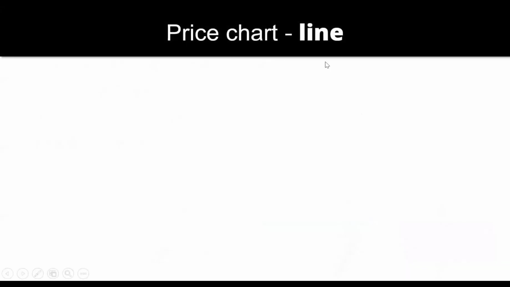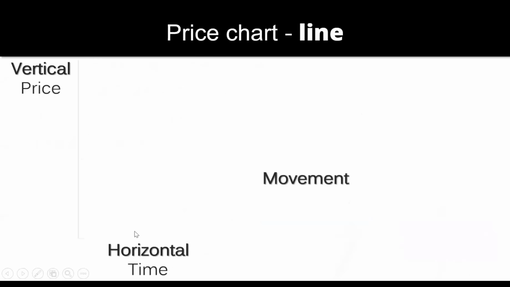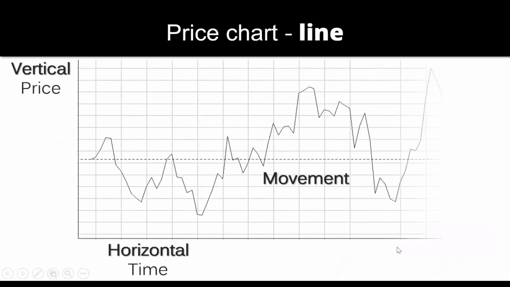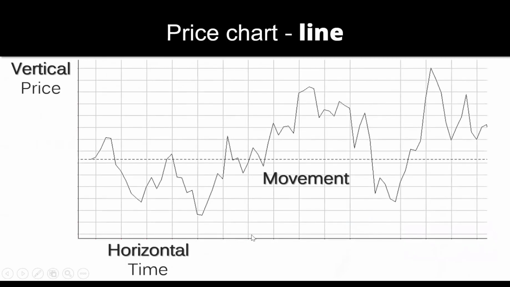So here's a price chart, which is a line chart. And as you know, each chart has a vertical price, which is the price of the market or financial market, and the horizontal part of the chart, which is the time. So it can be a tick, can be a second, can be a minute, 30 minutes, hourly, 4 hour, daily, weekly, monthly, yearly, whatever time frame you choose or time period, that is what it will show on the horizontal time. And the vertical price is what prices will show at the time of buying a market, the close price, open price, the low price, the last price, whatever you choose.